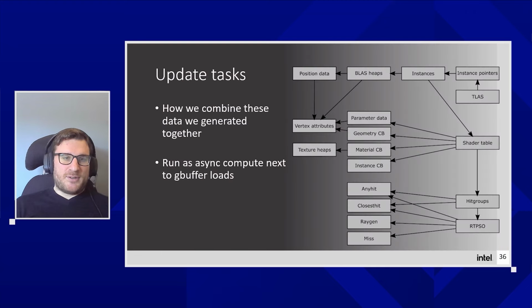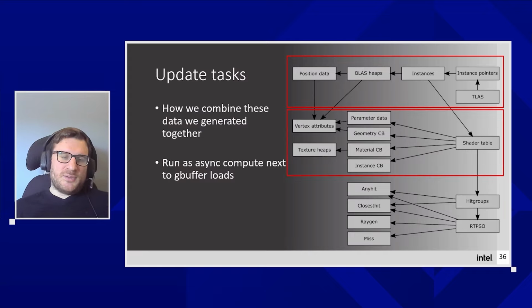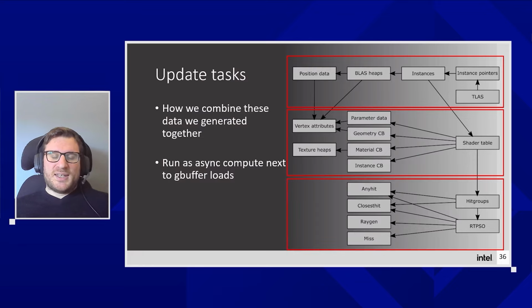Right, so now let's have a look at what happens in the lifetime of a frame in ray tracing. I created this graph, as you can see in the image, that shows all the data dependencies that you need to run ray tracing. In the top part, we have all the data that you need to build the acceleration structures. In the middle, you have the 4 bindings to the shader table that we just discussed. And then at the end, you have the actual code of the shaders: the any-hit, closest-hit, ray generation, and